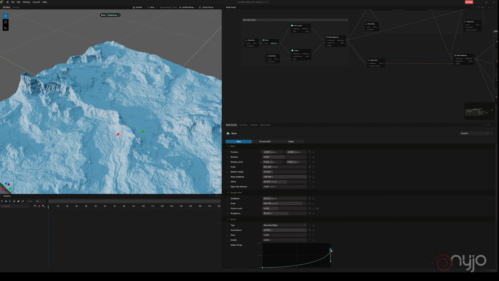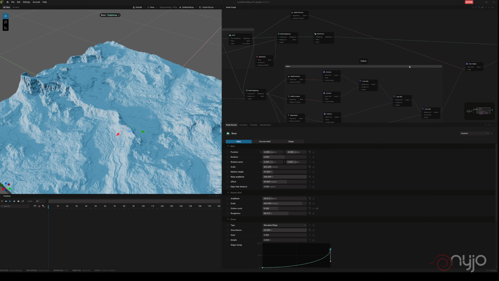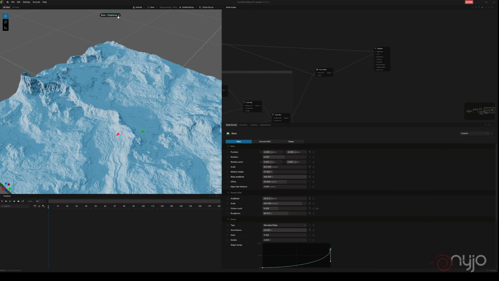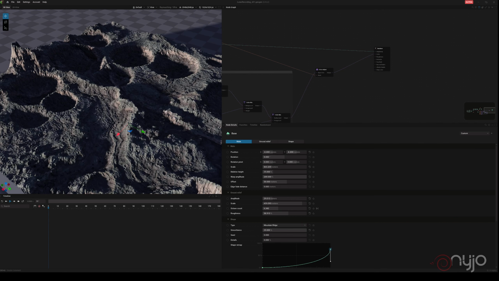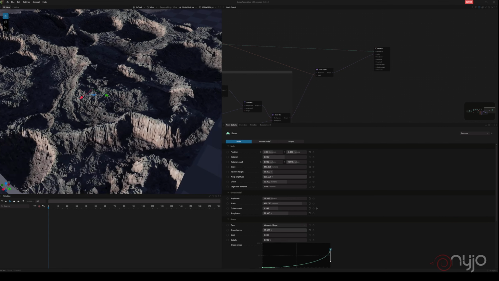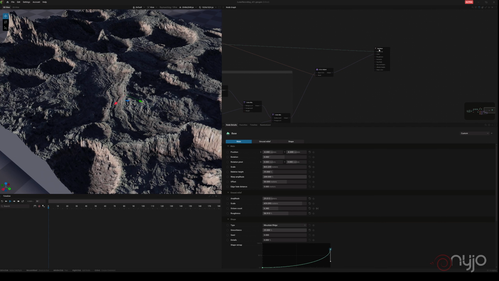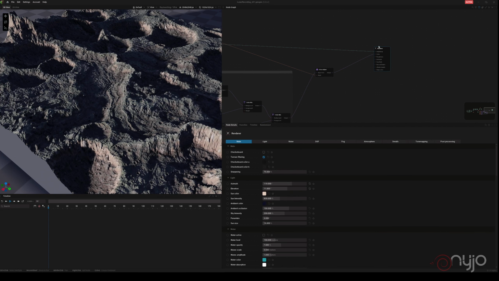Okay, so you see it's a little bit lower, so if we go out again it will be less visible. Okay, that's the idea. And now it is time to play with the